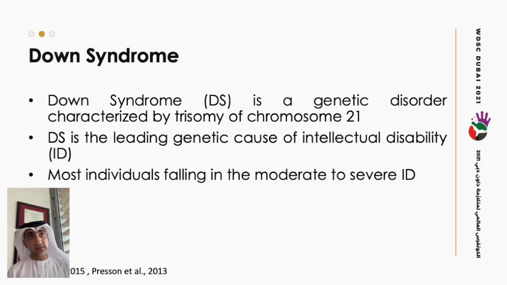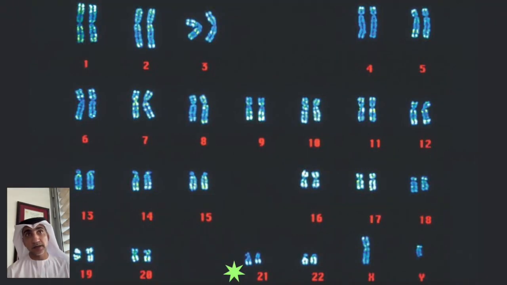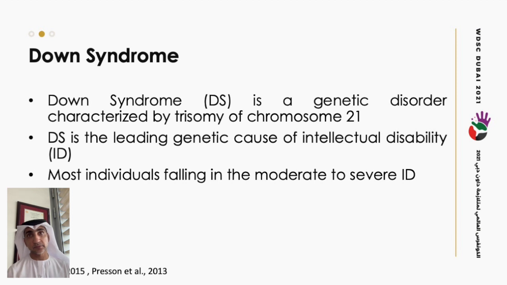So now let's start by talking briefly about Down syndrome. Since this is the topic of the conference, this introduction is going to be very brief and to the point of the presentation. As you all know, Down syndrome is a genetic disorder that is due to different genetic causes, but most commonly trisomy of chromosome 21, where the affected child ends up having 3 copies of chromosome 21 instead of the usual 2 copies.